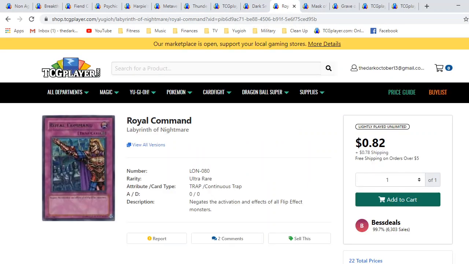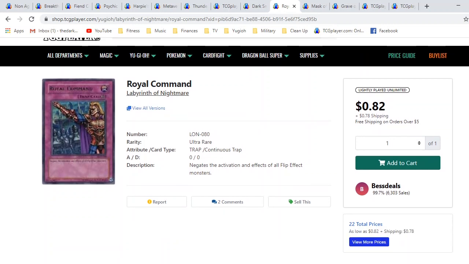All right, so we're gonna move into a couple floodgates here. Royal Command. This is the original version, Ultra Rare from Nostalgic Super. Call this the purple pack, Labyrinth of Nightmare. Is this the purple pack? It is the purple pack. It's been a while since I've seen a Labyrinth of Nightmare booster pack, but